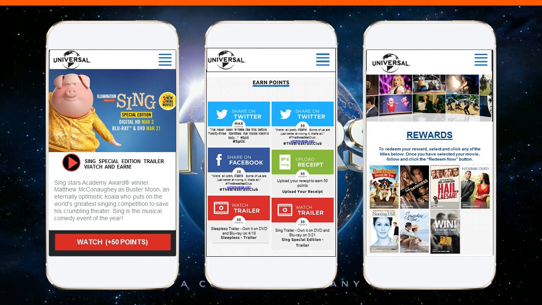So here's an example: they could watch a movie trailer for Sing, and we gamify these activities. Consumers are actively earning points for engagement, and the points can be accumulated and redeemed for rewards. In the case of this program, the rewards are movie downloads as well as sweepstakes entries, but of course the rewards can absolutely be anything.